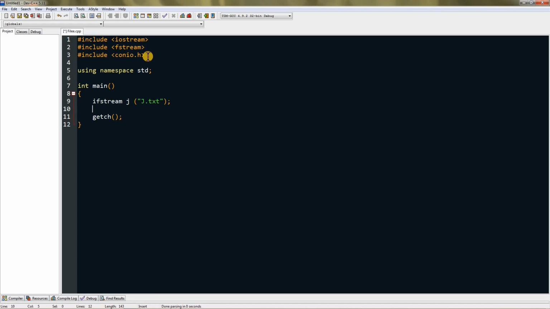So now you can check if the file is really there or not there. If it's not there, you want to create the file. So type J, and if it's true, then that means the file is created already and you can open it, or if it's false then you have to create the file. So type j.close,